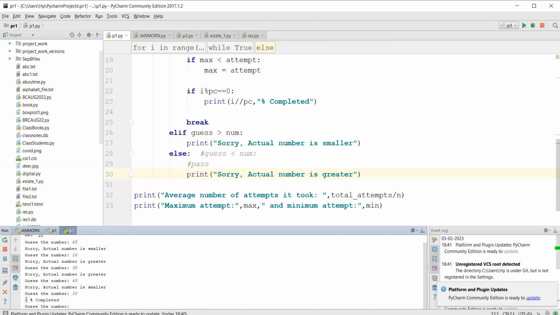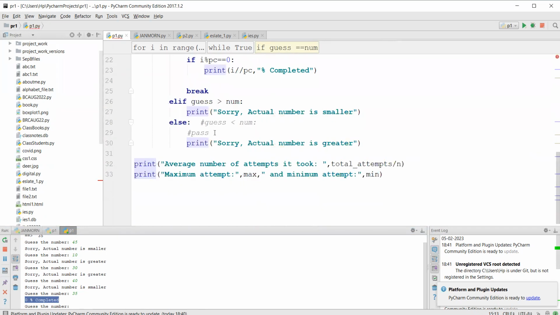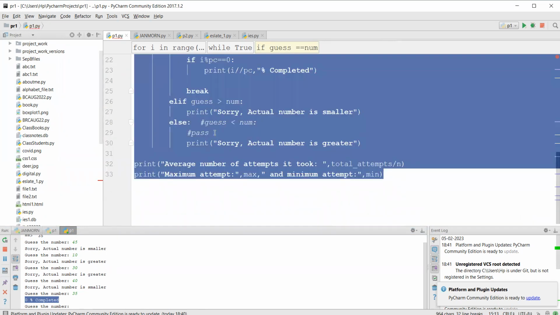Okay. 0% completed, right? But we did not print every other thing. I think I have not done this, right? Otherwise, you would have said, congratulations, you have got it right in so many attempts, right? So this is how you can check it manually, right? So this is manual. Now, same program,